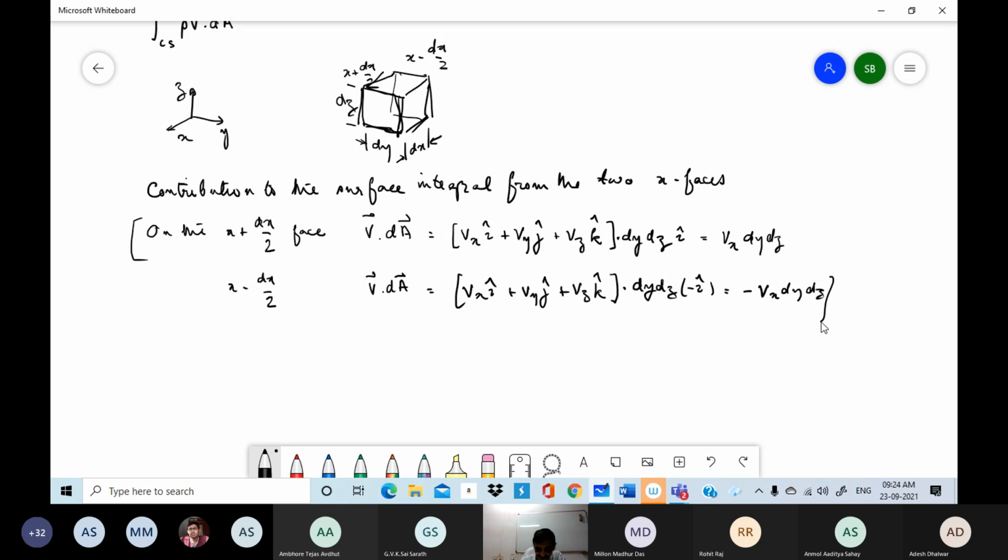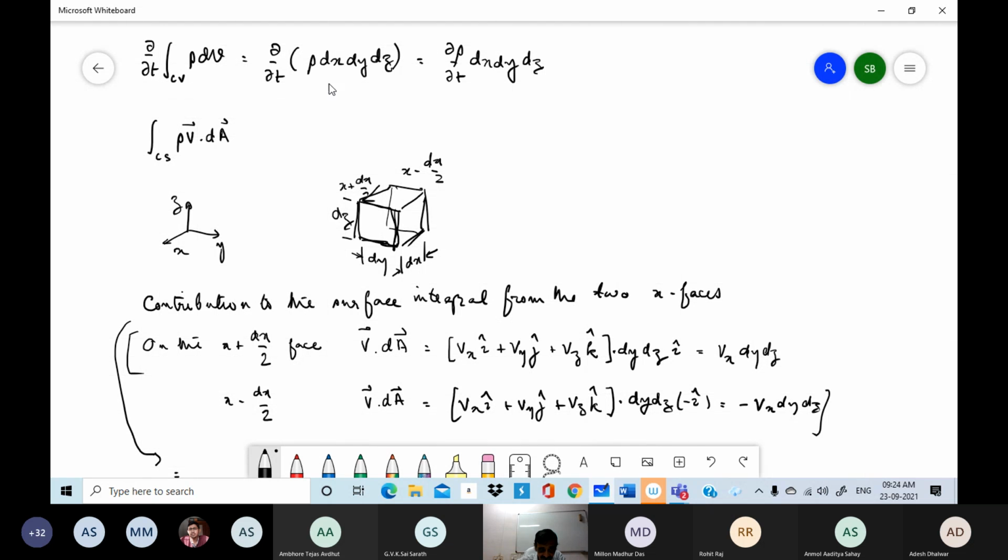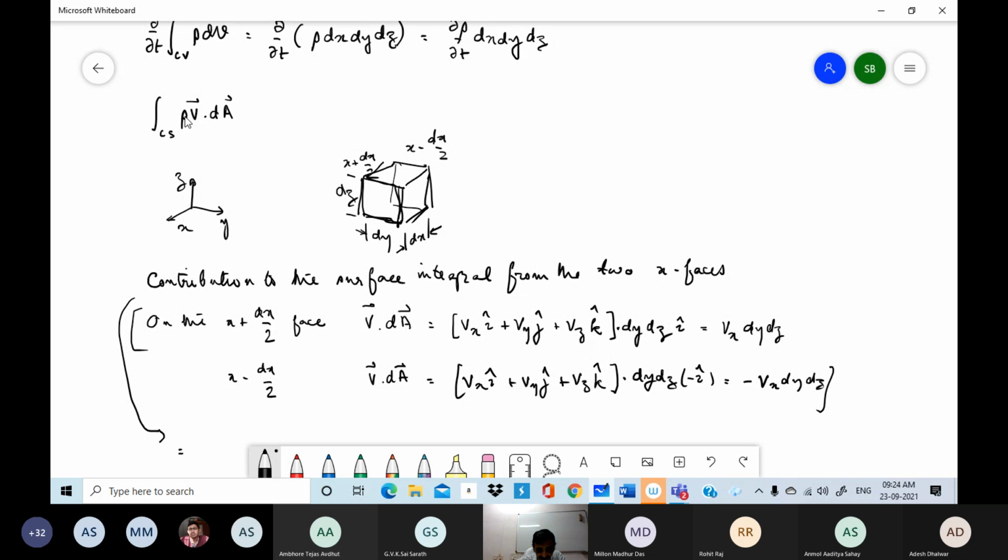So let me put this in parentheses. So the contribution to the surface integral from the two faces would be... So once again, in computing the surface integral over an infinitesimal area, I am neglecting the variation of rho or v with y or z, because those will be higher order terms. So then I am representing this as